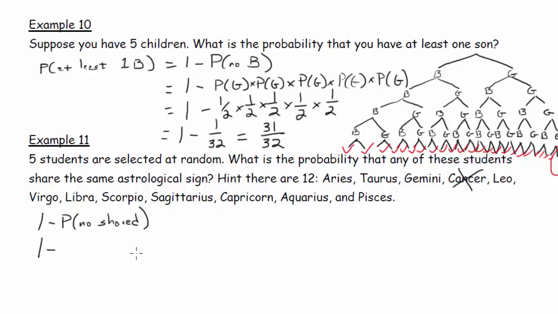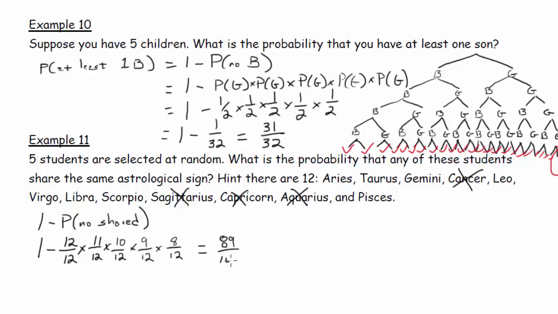So let's say this first person was a Cancer. Well, they had 12 out of 12 options. So now my second person, well, one Cancer has already been claimed, so the probability that they do not share an astrological sign would be 11 out of 12. So let's say they chose this one, and so forth. So this would result in a probability of